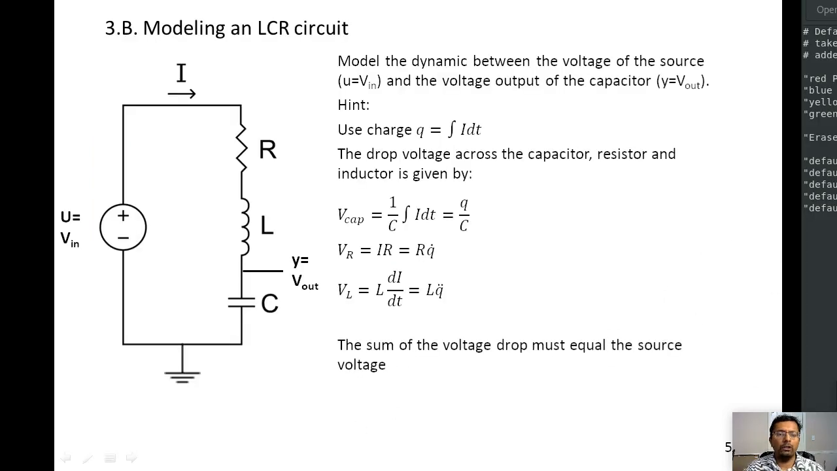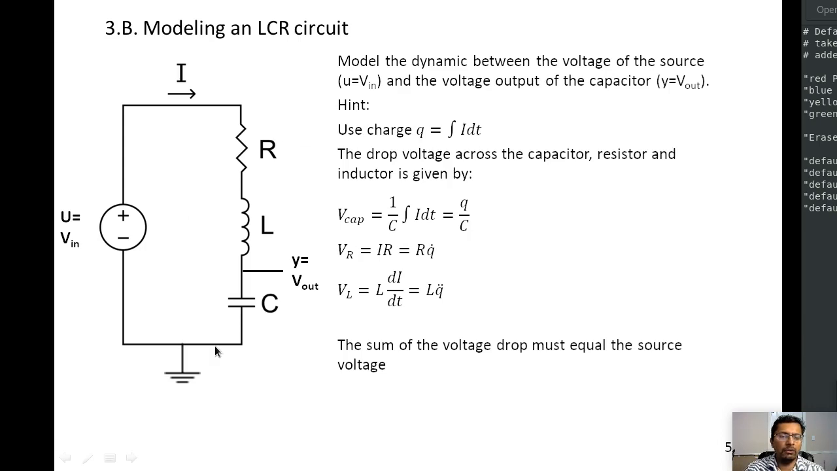All right, moving on. So we look at the modeling of an LCR circuit. This is going to be modeling of an electrical component. So here, the modeling is going to be fairly similar to what we did before, but the concepts that we're going to be using is the charge, which is given by Q, which is the integral of current I,